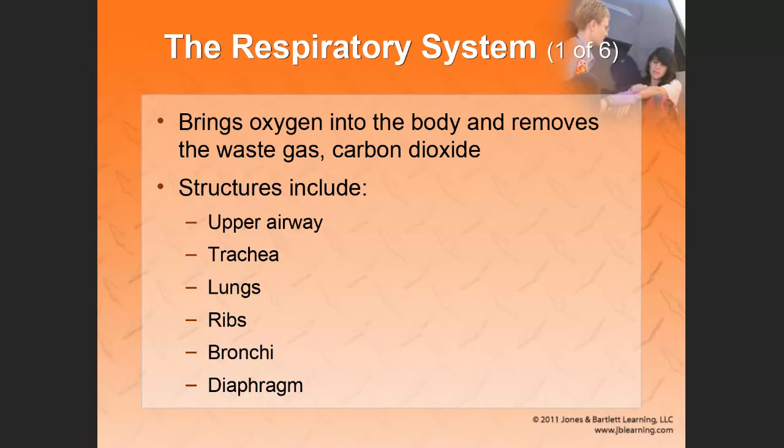All right, now the respiratory system brings oxygen into the body and removes waste gas, or carbon dioxide. Right, so that's the primary role of the respiratory system. And in order for the respiratory system to function effectively, a patient must be able to ventilate properly. They must be able to bring oxygen molecules into the blood and have that oxygen molecule bind to